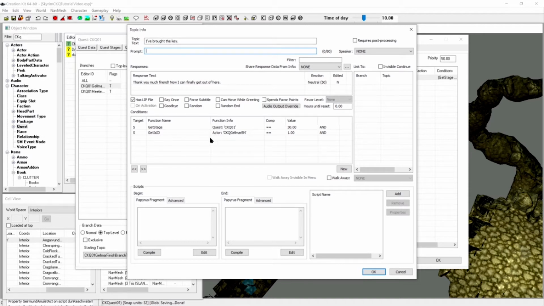So after we've set our conditions, we want to check the box here that says goodbye. What these do is they just do different things during the dialogue. This has lip file, even though it's checked, it's not too important. Just leave it checked. And the goodbye here, what this does is once he's done saying this line, it